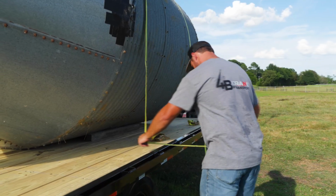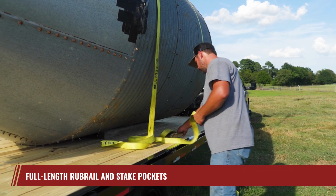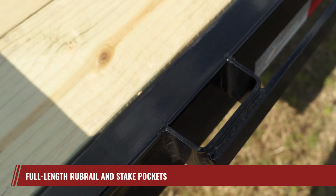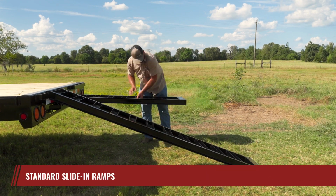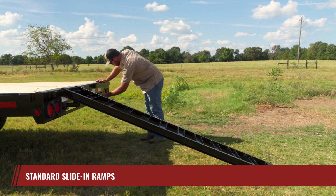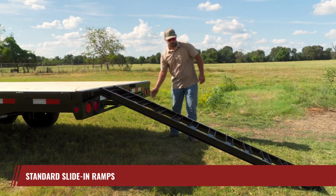Need secure and reliable load handling? The L7 comes equipped with a full-length rubrail and stake pockets to give you confidence in securing your load, no matter what you're hauling. When it's time to load and unload, the L7 is ready with standard slide-in ramps that allow you to use the full 102-inch width of the deck, making it easy to handle those extra-wide pieces of